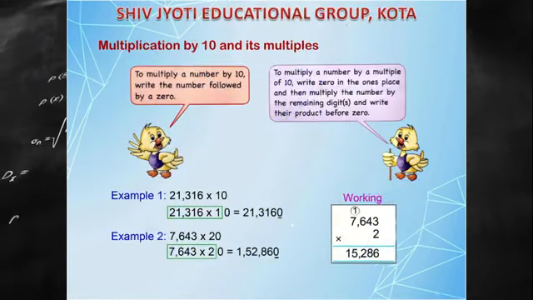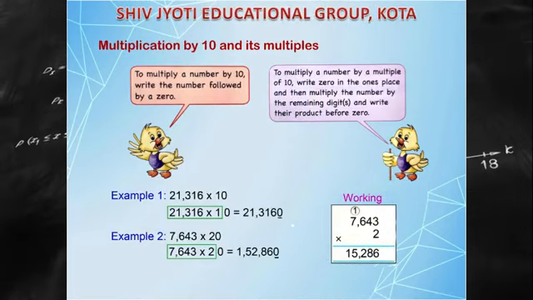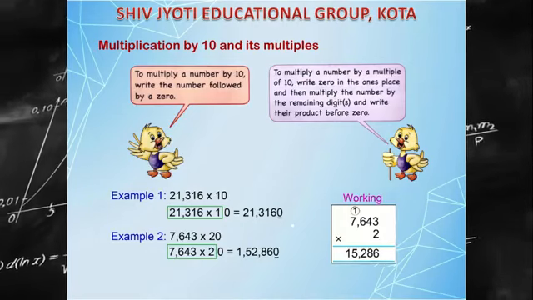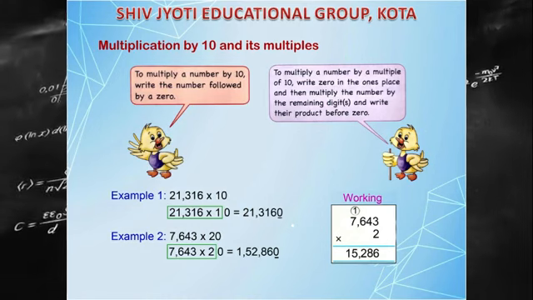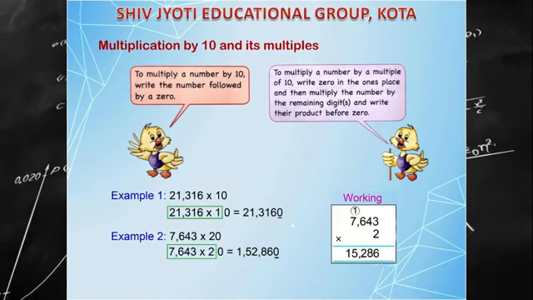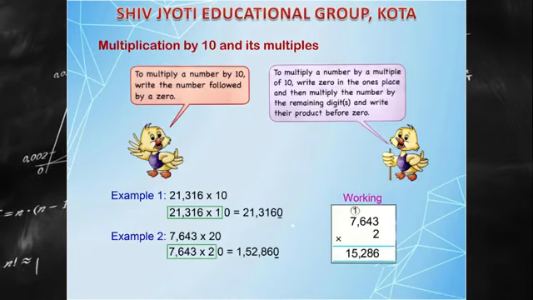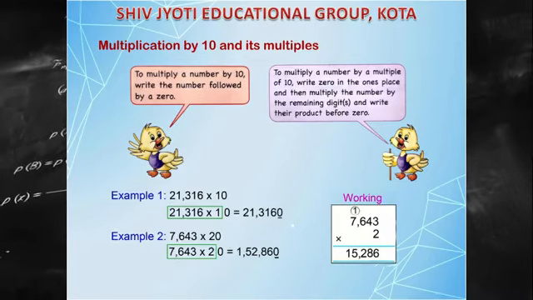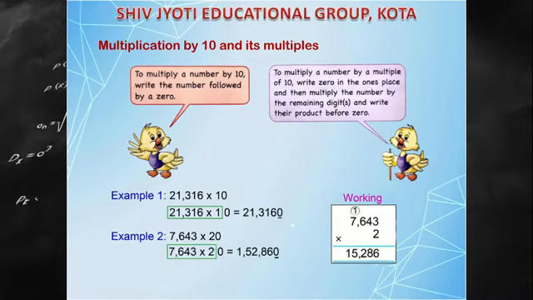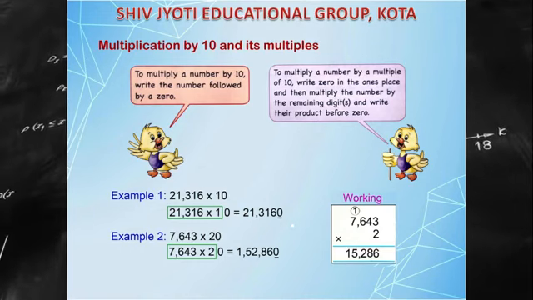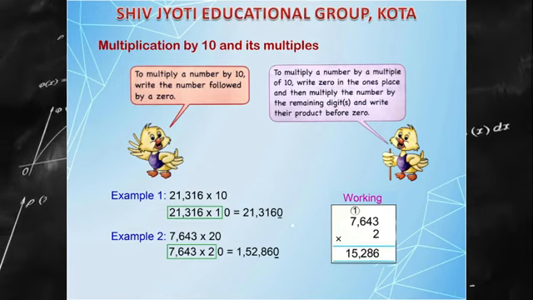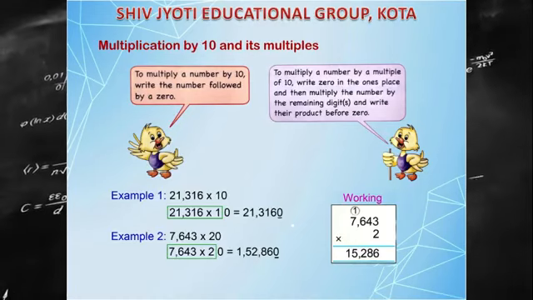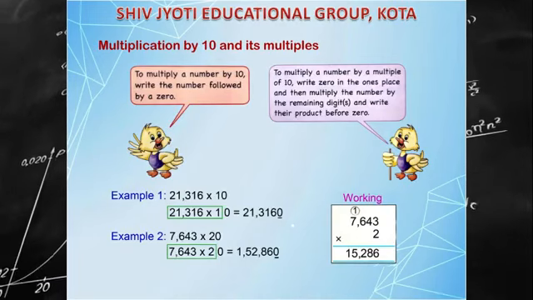Now we are going to study about multiplication by 10, 100, 1000 and their multiples. So first we start from multiplication by 10. To multiply a number by 10, write the number followed by a 0. For example, 21,316 multiplied by 10 is 2,13,160. Here we multiply 21,316 by 1, then insert 1 0 to the right side of the number because the 10 has only 1